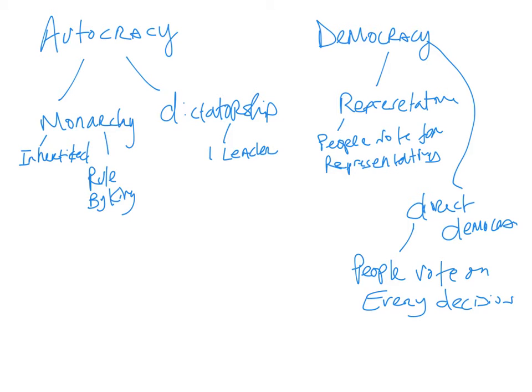Yesterday we talked about 2 different versions of the government, autocracy and democracy. You can see that I have put brief notes up here for you guys just to remind you some of the information that you should have written down. You see under autocracy I have monarchy, which says that their power is inherited. They're ruled by a king or queen. And then I also put there a dictatorship, one leader, usually taken by military power. All right? So these are the things that we should have for autocracy.